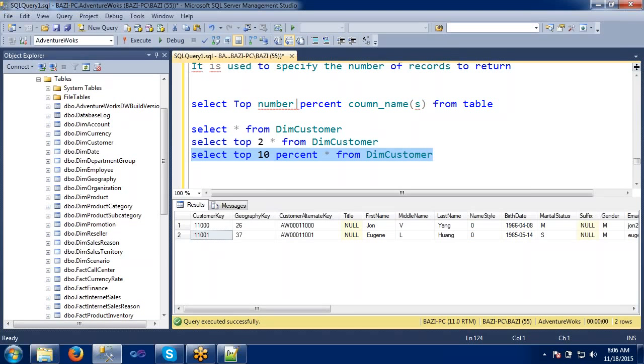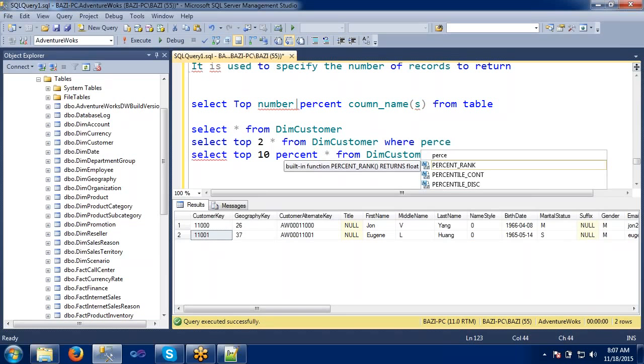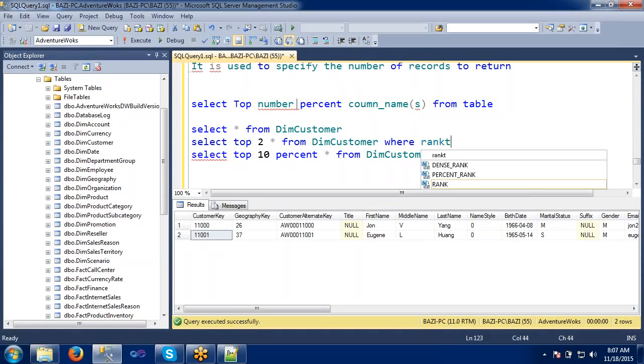That's where our conditions should be applied, where some percentage is greater than, or some rank is greater than some 10. We'll apply some condition here, and like this we'll filter out and retrieve the data.